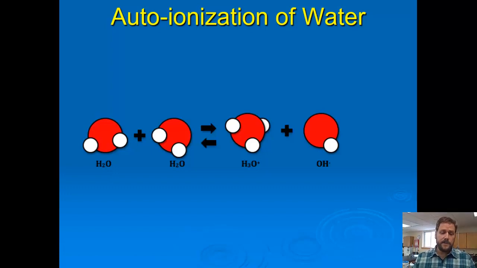Hi everyone, in this video we're going to talk about quantifying acidity and basicity by calculating pH. In order to understand pH, we really need to understand this process called the auto-ionization of water. And essentially, if we think about a glass of pure distilled water, while we might imagine nothing but water molecules